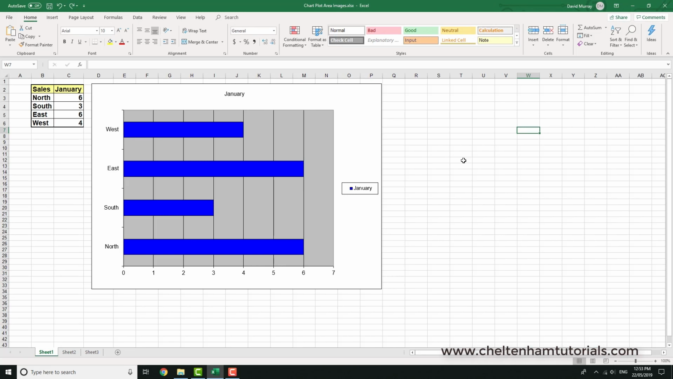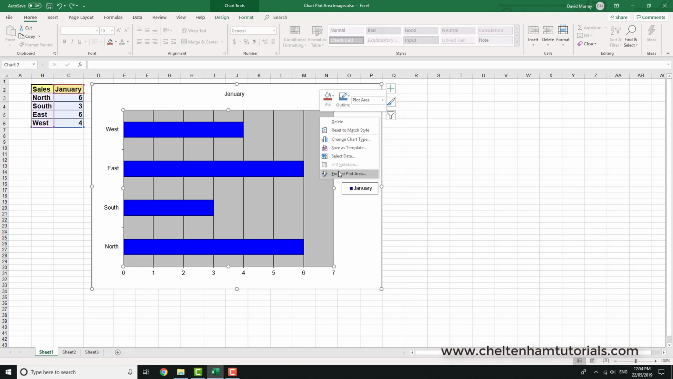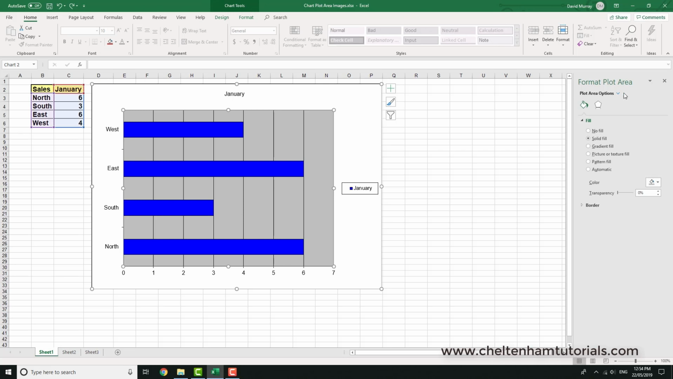Now, following on from the last example, what I'd like to do this time is to format the chart plot area using a picture. So if I go and click here, as you can see, the plot area is now selected. And if I go and right click over the selected item, I can click where it says Format Plot Area. And from here, instead of having the defaults, what I can do is say, let's go and select a